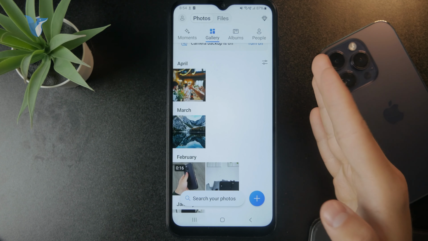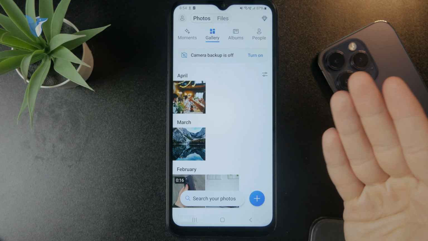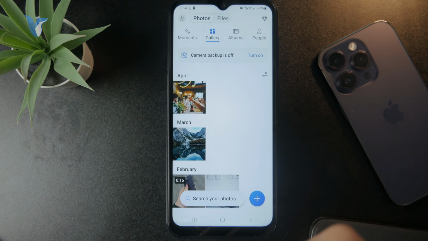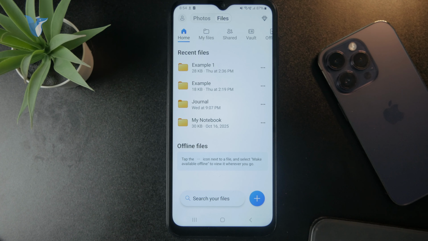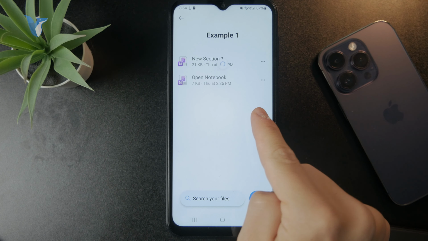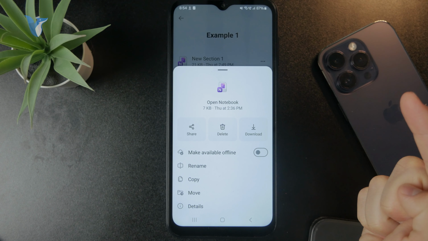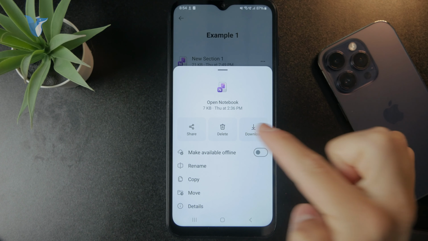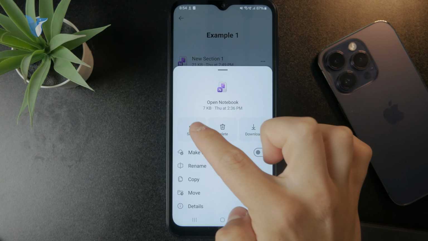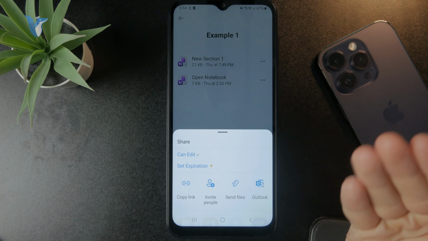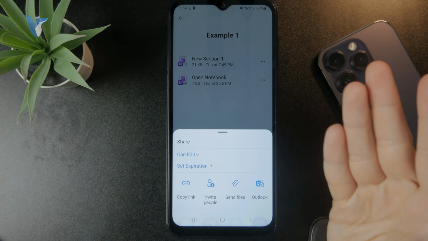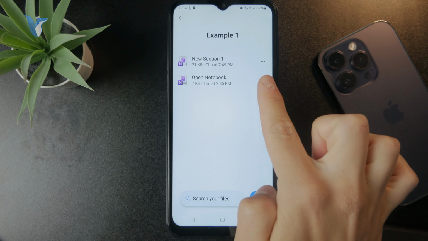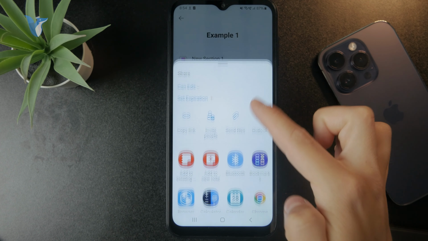But if it's something a little bit more concrete or some kind of file which only works through a certain application, if you need to open that file, instead of just tapping on it, click on the three dots next to it and use the share tool. So you will have the ability to share it to some kind of application which is going to support it. So you can see all of the apps are going to be available in here and try to use it